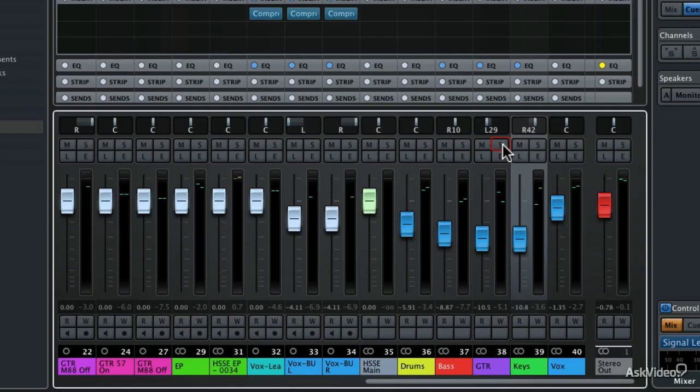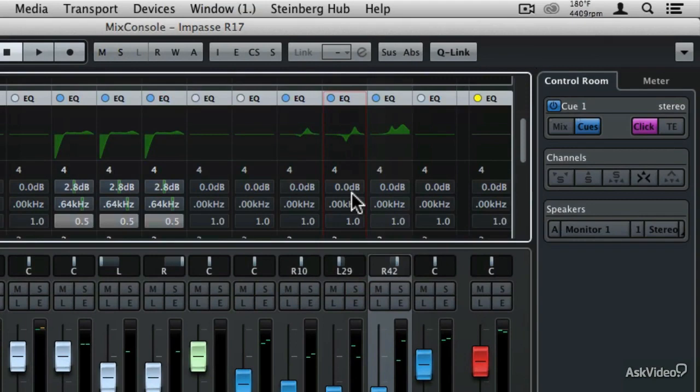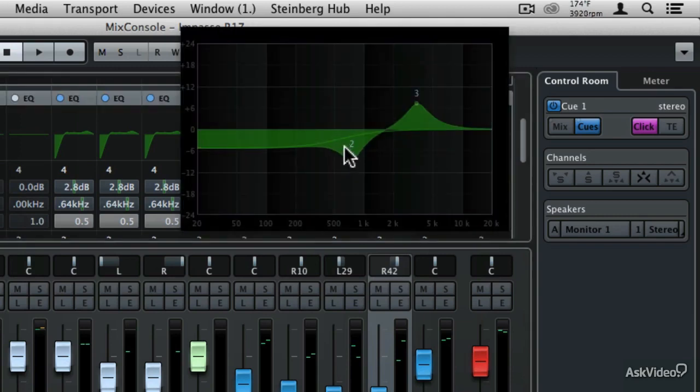And very last, I'm going to show you how to adjust the EQ in the rack. See, if you click on the EQ rack, then you actually have all of the same controls here in the mix console, which makes it very easy to go through and make adjustments to the EQ without having to go to different edit windows. So if you wanted to even change any of the EQ, you can just click on